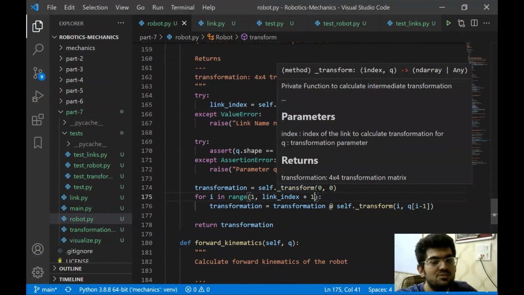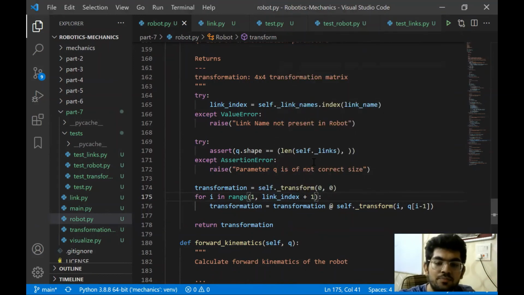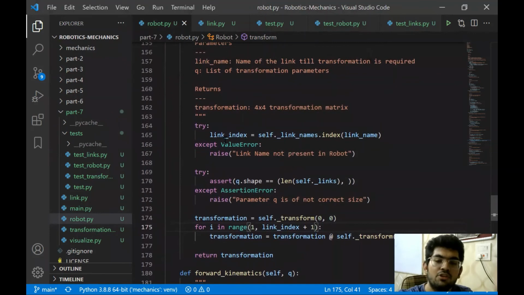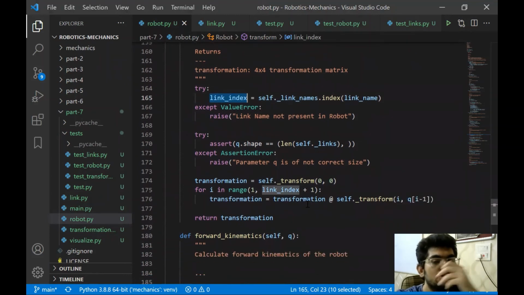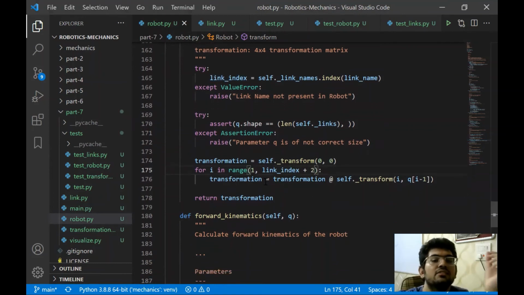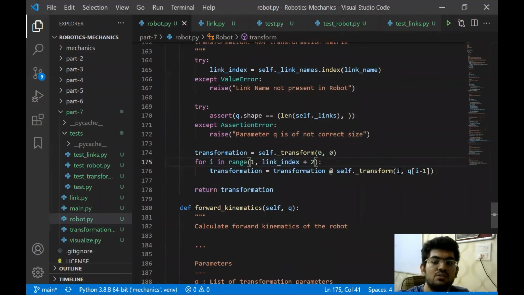Like for instance, let's assume that we entered link index equals 0. What if we entered link_0, we will interpret link index as 0. Okay, that is fine. Now for i in range(1, 1), that will be empty. This loop is not running at all. Like there is no value inside it that it's running for. But if we put +2 over here, then this for loop will run for at least one time. And that is actually what we want. That is okay.